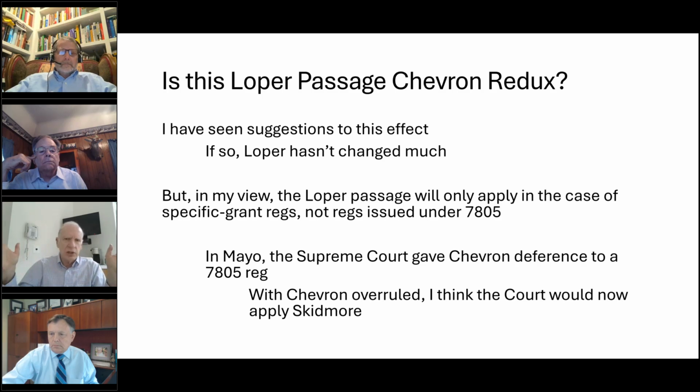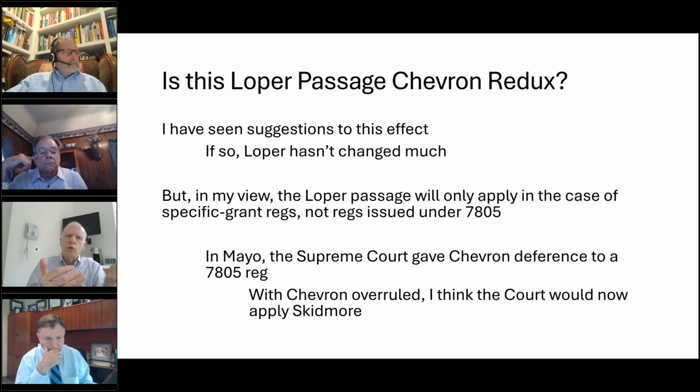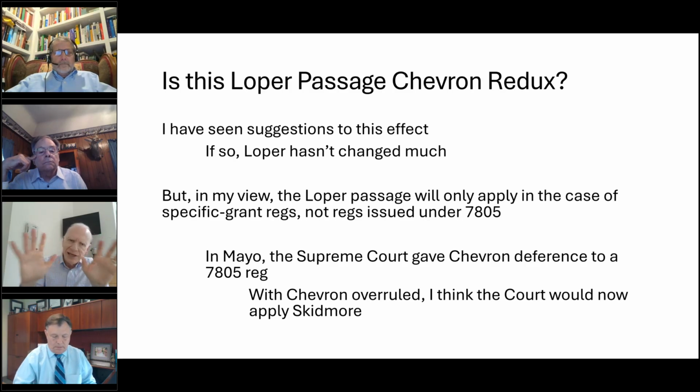And the two big C's are going to be the key issues, okay? On the other hand, if we're dealing with a specific grant, then I think that we're going to be looking at that passage and asking whether it's essentially ultra vires. Is it within the scope of the delegated discretion? And I think that's a key issue. As I said, Jonathan and I, when we had this discussion about the split dollar regs, I said, we've got to look and see, is there anything in section 61, because it was all issued under 61, making a delegation of discretionary authority to the agency, a specific grant. And I think that's going to be a key issue. Next slide, because I'm going to pick up on this point.